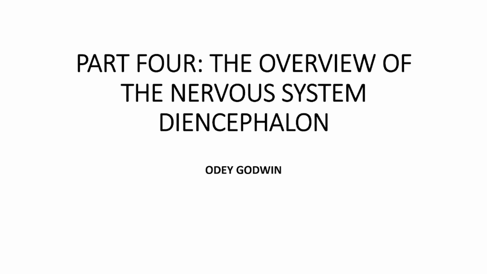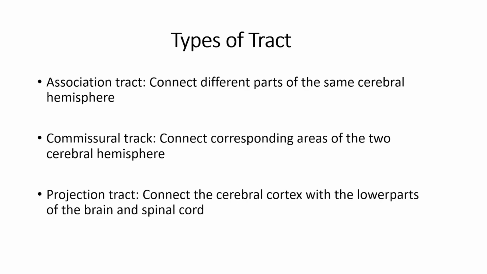a different nerve fiber tract. And those nerve fiber tracts are classified into different types. We have the association tract, we have the commissural tract, and we have the projection tract. We want to say that the association tract connects the different parts of the same cerebral hemisphere. An example is the arcuate fasciculus. The arcuate fasciculus connects Broca's area of the frontal lobe to Wernicke's area of the temporal lobe of